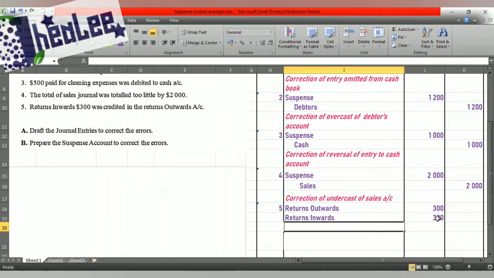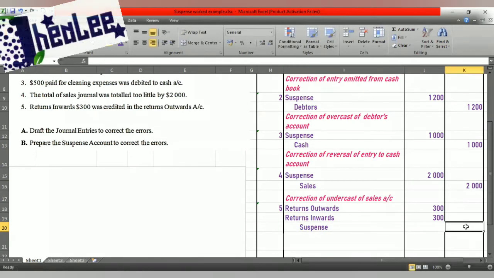Our debit column has a total of 600 based on this error that we are attempting to correct. And we have to have the credit entry. There's nothing else for the credit entry. So therefore, we're going to use our suspense account